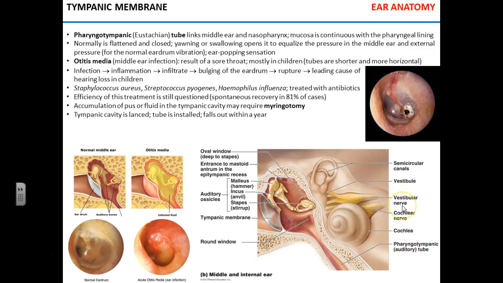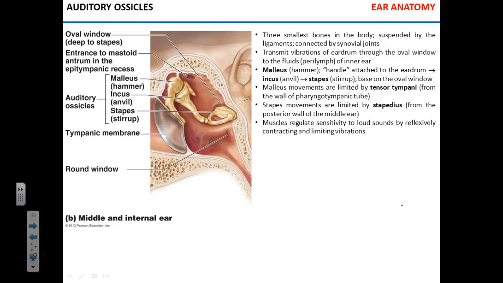Just as a quick reminder, we figured out that there are three parts of the ear: middle, external, and internal, not in the proper order. The auricle focuses the sound into the external acoustic meatus. The external acoustic meatus transmits the sound to the tympanic membrane, which vibrates and transmits the sound to the bones called auditory ossicles. And it's time to talk about those three bones